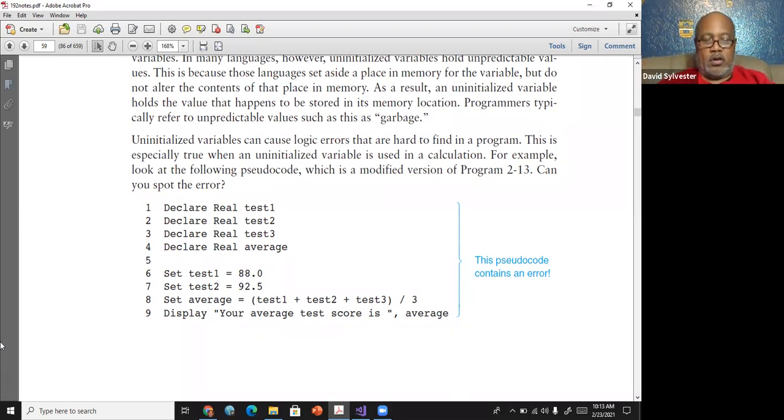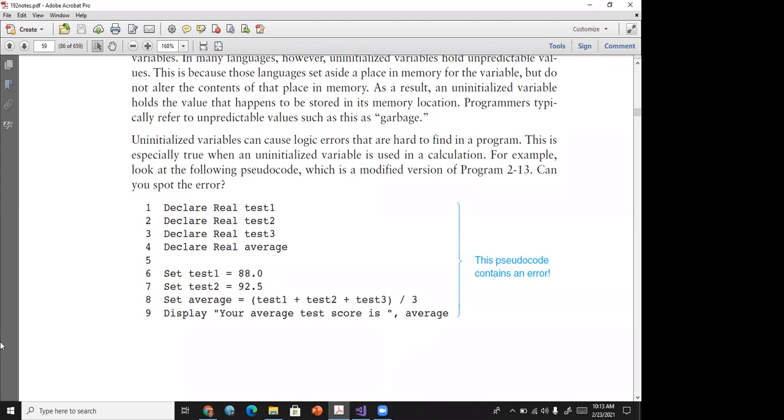Right. Now, but if I tell you to write a program that will allow a user to input 3 test scores, then you would have your declarations of test 1, test 2, test 3, all right? Then you would have cout, please enter test 1, and then cin test 1. Please enter test 2, cin test 2. Please enter test 3, cin test 3. So see the difference in the logic of the code.